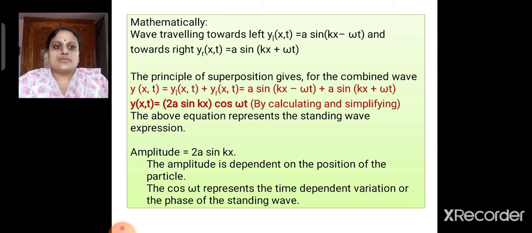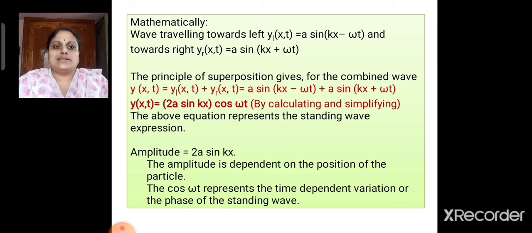According to the principle of superposition, the resultant wave will be y(x,t) = yi(x,t) + yr(x,t), that is, a sin(kx - omega t) + a sin(kx + omega t). Adding these two